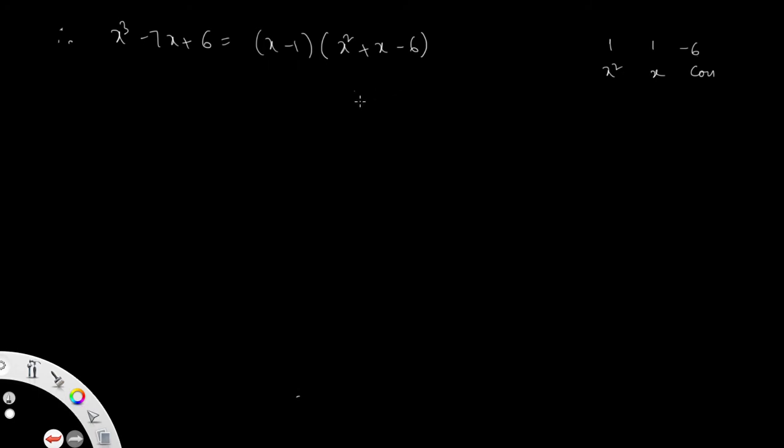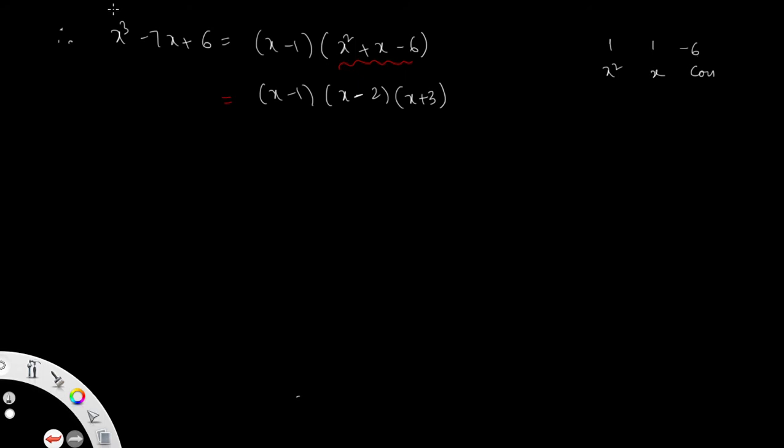By using factorization for this, what are the factors? x square plus x minus 6 means 2 and 3, 2 into 3 is 6. So then you can write x minus 1 as it is, and then x minus 2 and then x plus 3. So multiply: x square plus 3x minus 2x minus 6, that is plus x only. So therefore, where alpha, beta, gamma are the roots of the equation, alpha equal to 1, beta equal to 2, and gamma equal to minus 3. Whatever values you can take.